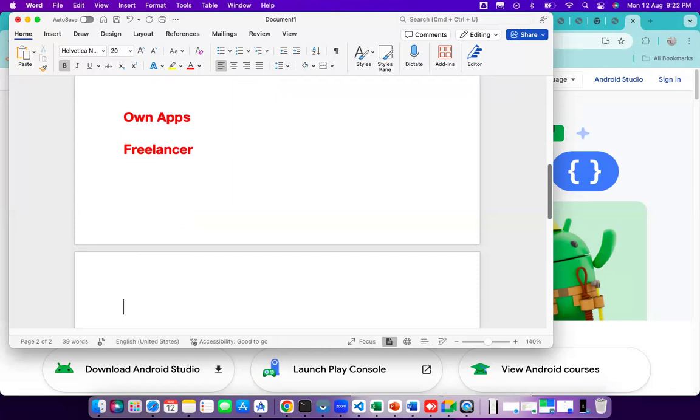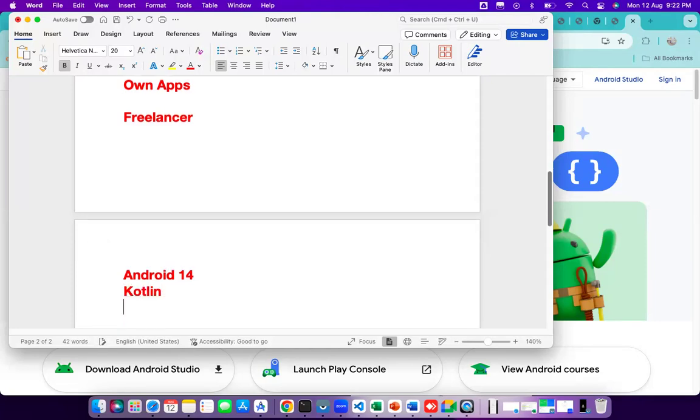So, the things I'm providing from my side in this course: we are discussing this course with Android version 14, the latest version of Android. The language is Kotlin. For logic we are using Kotlin and for the design we are using XML. Then after that,